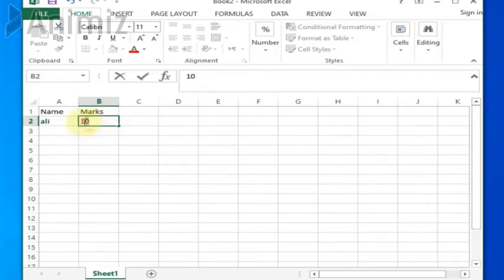So when you format data, when you arrange data in a different size, it won't change the value of the data. It won't change 10 into 11 or 10 into 9, or Ali into Aksa, or Ali into Numan, or Ali into Sarah. It will not change the value, but it will change the outlook of this value. So formatting does not change the actual value, but it changes the outlook of the data.